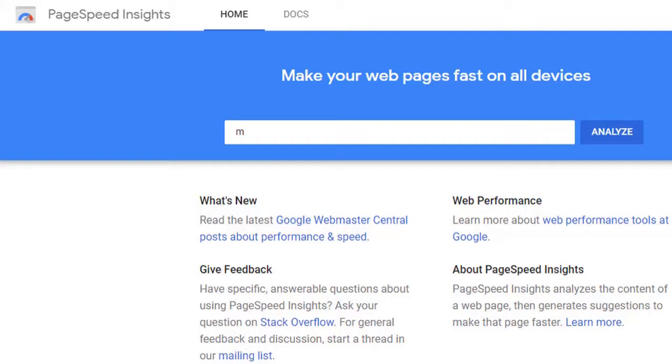In this lecture, we will learn how to check the page speed on the Google PageSpeed tool. This tool is from Google and it is totally free. I've shared the link of this tool in the description below. Before moving further, I recommend you open this link in an incognito window because it is cache free and gives you better results. Once you open that link, you have to put your website here, as I am putting